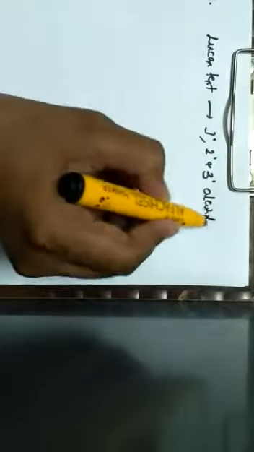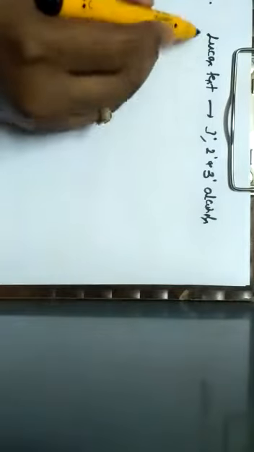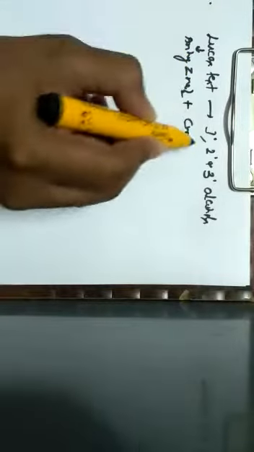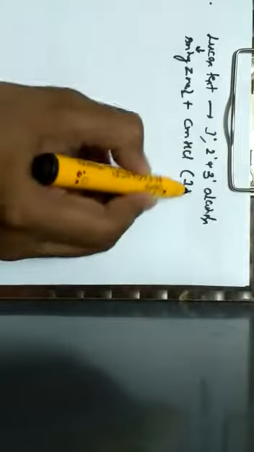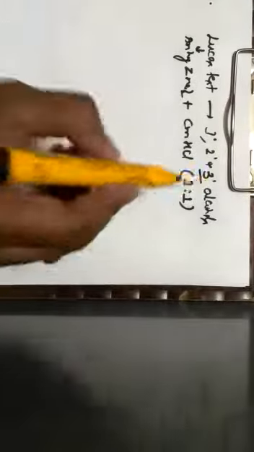Lucas test is associated with, so here one should know, Lucas test is used to identify primary, secondary and tertiary alcohols, where this Lucas reagent is a mixture of anhydrous zinc chloride along with concentrated HCl, which is taken in the ratio 1:1. Here, this Lucas test is utilized to distinguish primary, secondary and tertiary alcohols, where in tertiary alcohols,